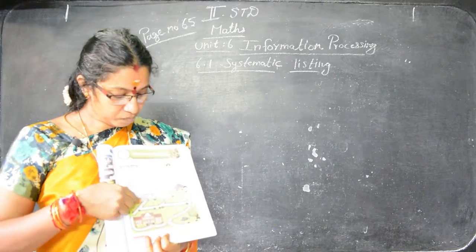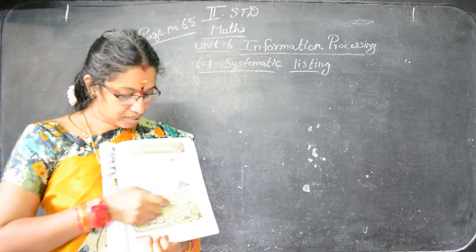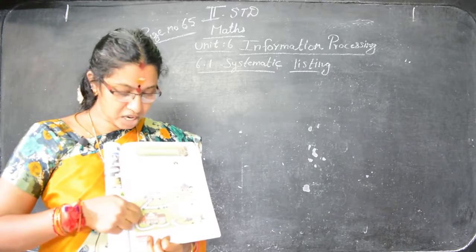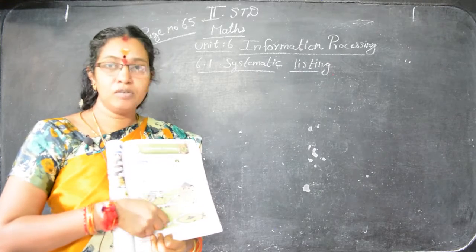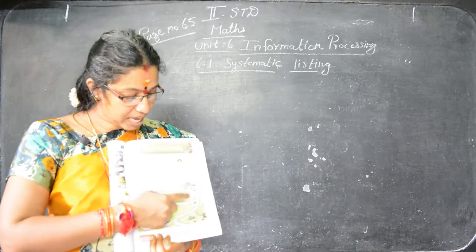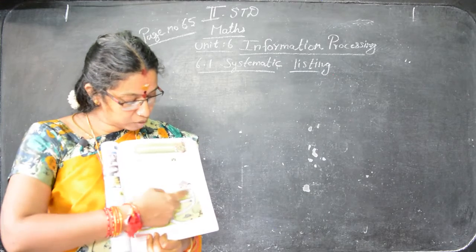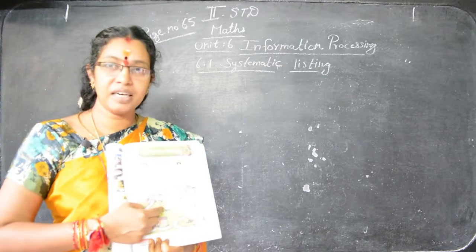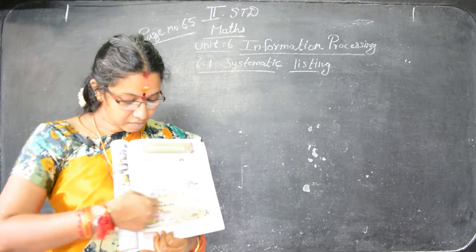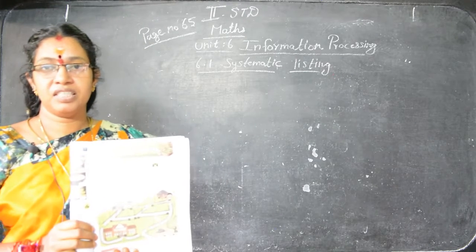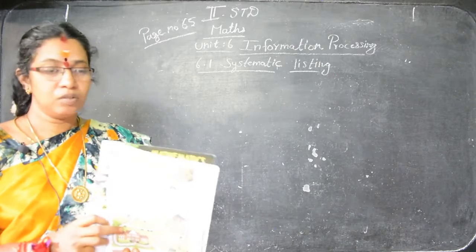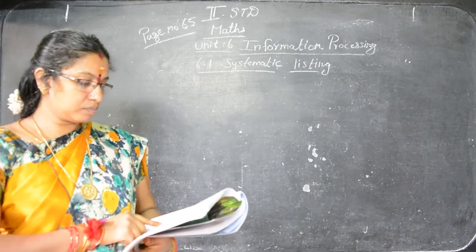Okay, see here. Arun's house is given here, and this one is Arun's school. There are many routes to go to school. One way they have given you. See here, the small dots in white color show the route. They have given one way, so you are going to find the other ways he can go to the school.